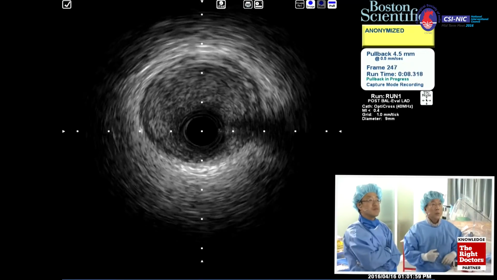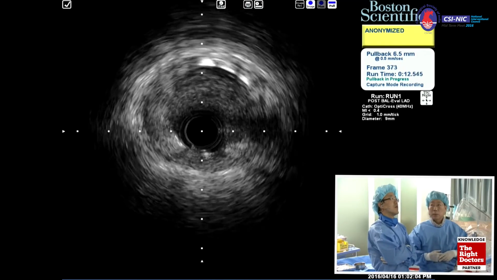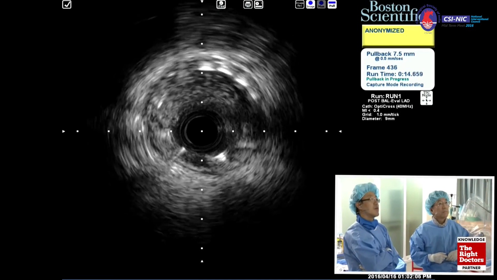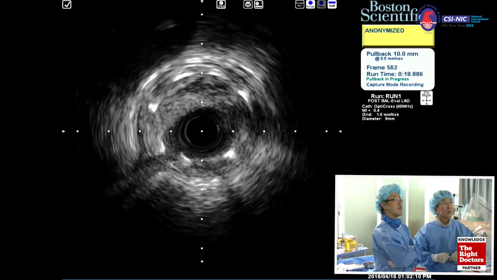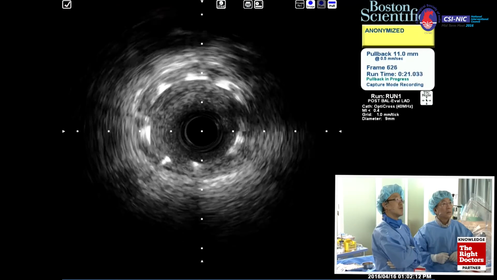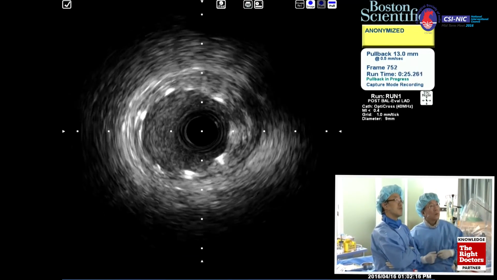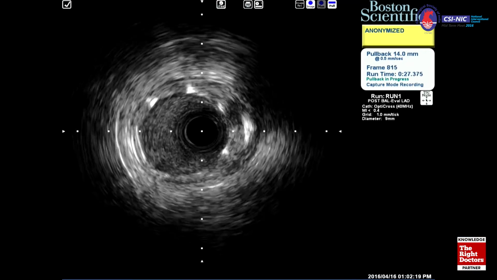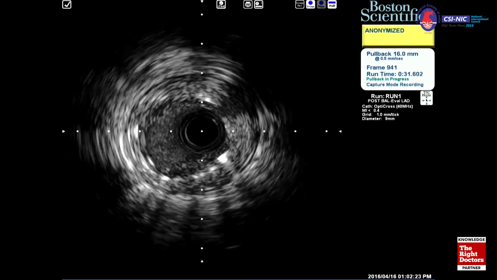So, Pyong Lee, would you read the IVUS finding? You can see the distal part of the previous stent, and there are lots of in-stent restenotic plaques. You can see that at 9 and 12 o'clock. And this is the mid portion, I think, of the LAD. The stent diameter is about 2.8.